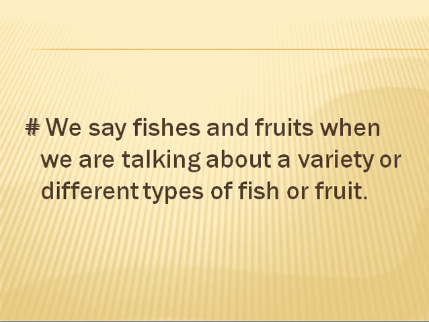Similarly it is with fruits. If there are so many kinds of apple, you all know apple is a fruit, so we only say fruit. But if there is a variety of fruit, like apple is also there, mango is also there, oranges are there, then you will say fruits. So this is the difference, that fish remains fish when there is only a single kind of variety, but fish becomes fishes when we are talking about different types of fishes.